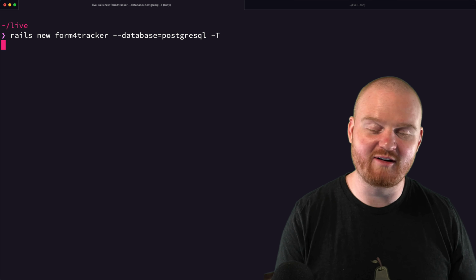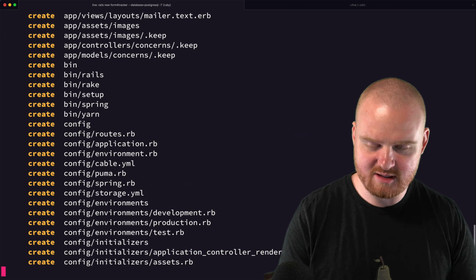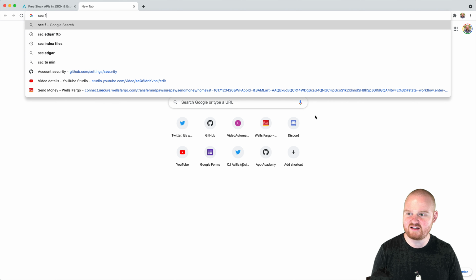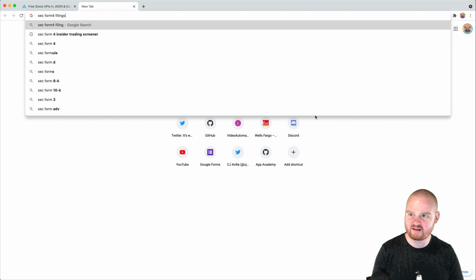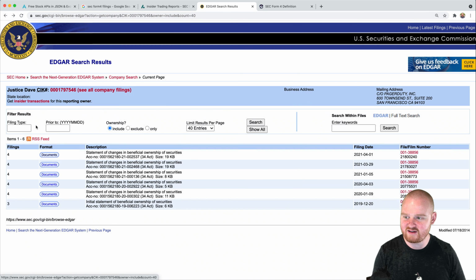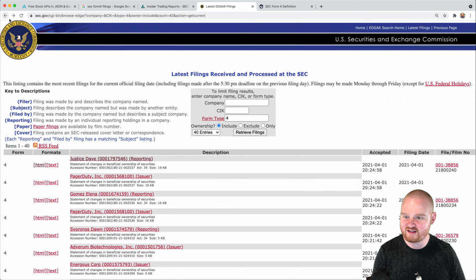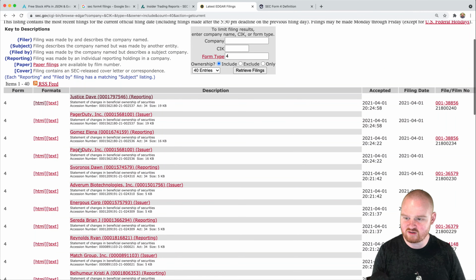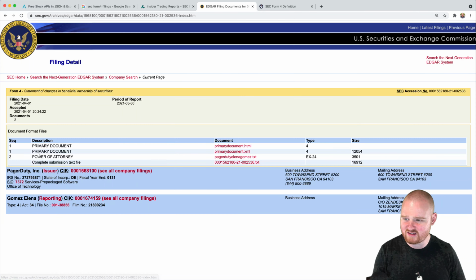While this is firing up, let's pull up the SEC Form 4 filings. Rails is still firing up. Let's take a look here and see if we can find some interesting data from today. Look at this, PagerDuty Inc. has a filing. This is a Form 4 filing, and we can see the HTML, or we can see the plain text for the filing. This tells you a whole bunch of information about